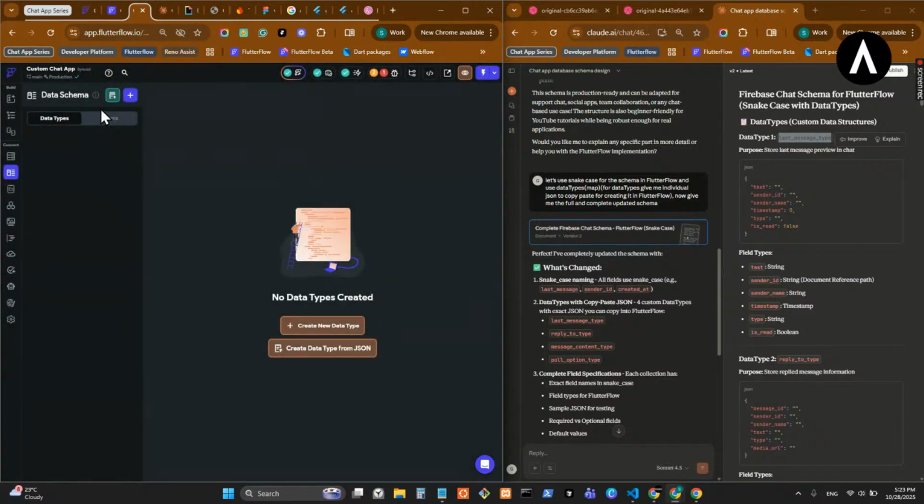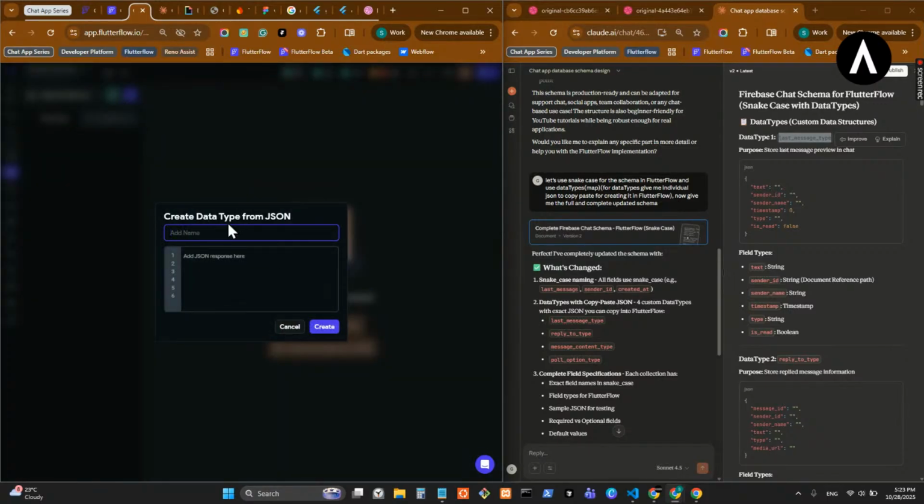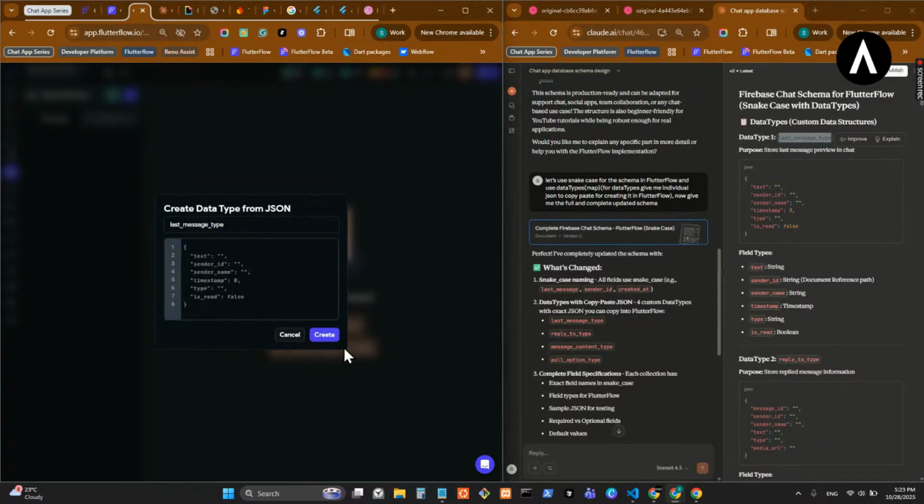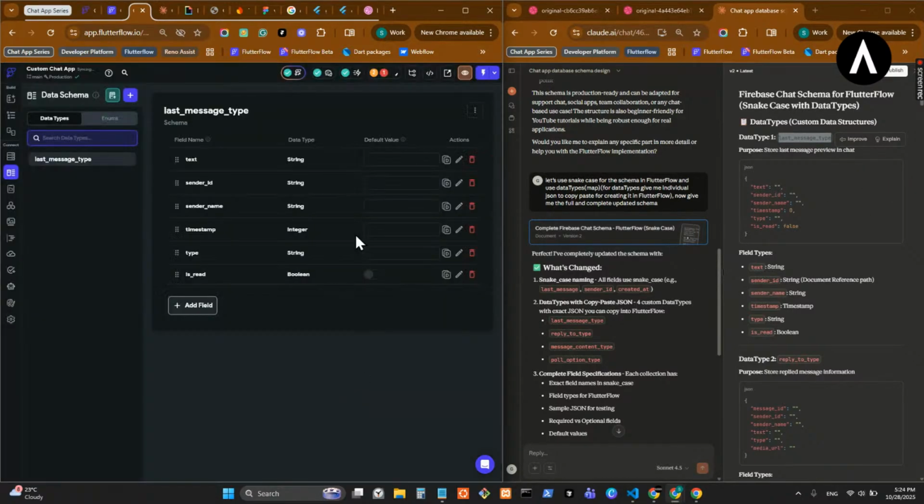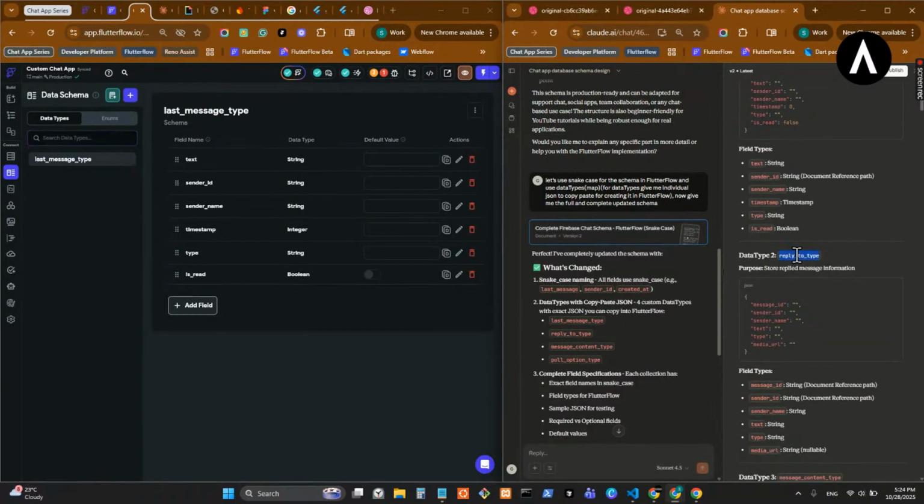We'll create using this, create data type from JSON. We'll paste this name, last message type, copy the JSON here, paste it here, and create. As you can see, it is instant. We don't need to define each and everything. We just create it and we have the data type ready. We'll do the same for reply to type,